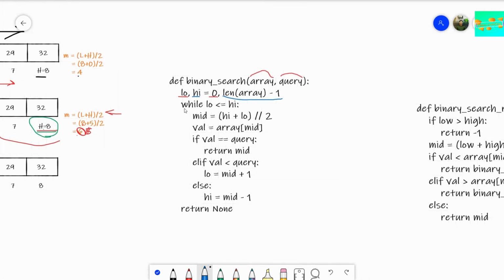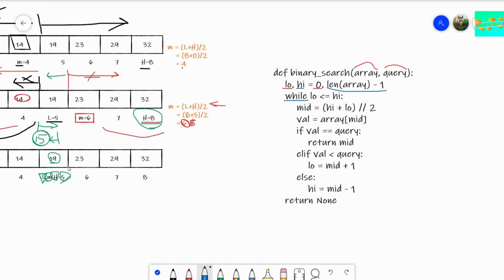Moving on, in this iterative process we'll start with a while loop, and we'll make sure that low is less than or equal to high. Why? In case the item is not found, high would become less than low.